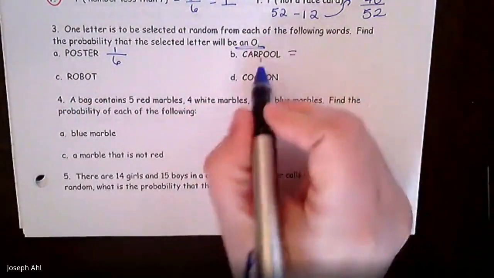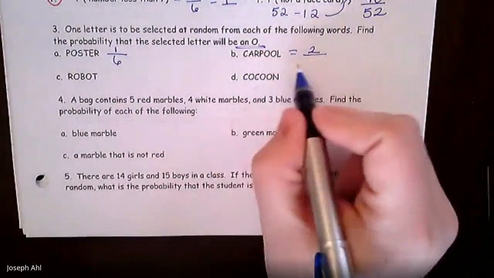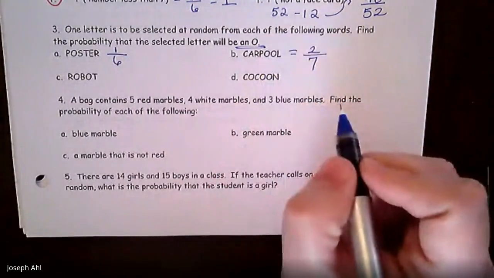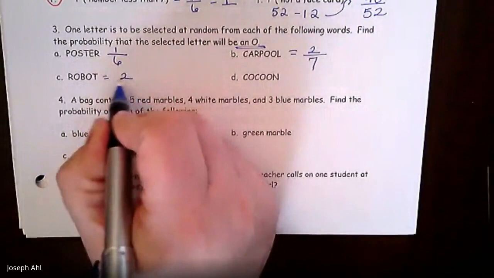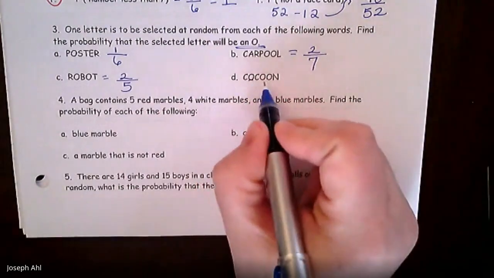So moving on to the word carpool, if I want to choose the letter O, there's 2 options now. Carpool has 7 letters total. So the probability that we pick an O in that word would be 2/7. Robot would be 2/5, 2 O's out of 5 letters total. And cocoon,